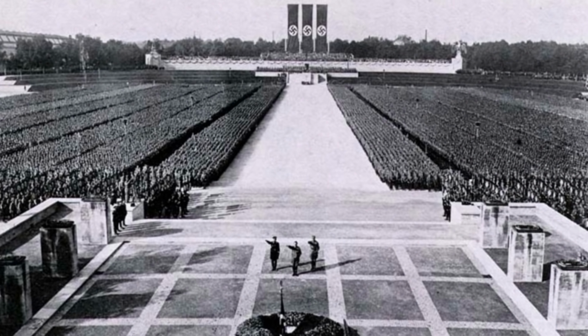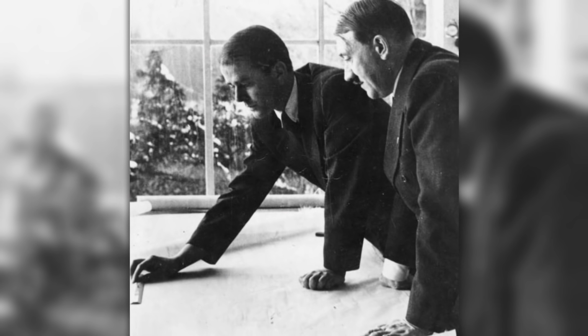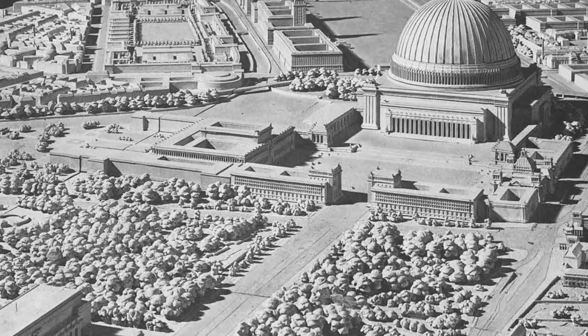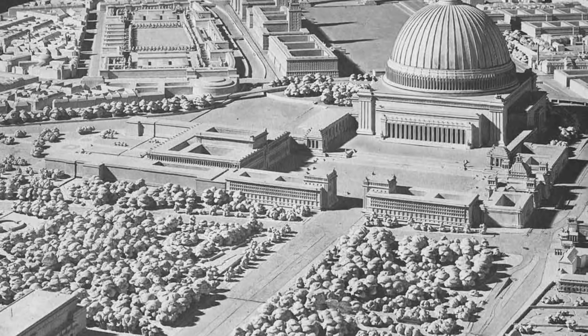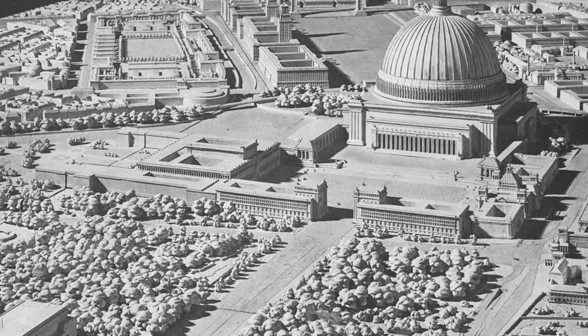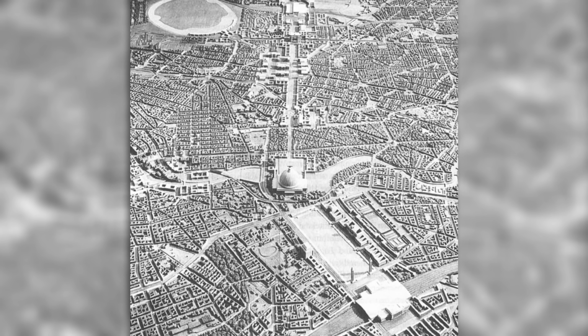Meanwhile, over in Germany, the Nazis had come to power and Hitler, along with his chief architect Albert Speer, were planning the construction of the new world capital Germania. Although it was in fact never officially called that. Instead, the project went by the name of the Comprehensive Construction Plan for the Reich capital. But regardless of its name, the plan was to reorganize Berlin along a 5-kilometer long boulevard known as the Prachtallee,